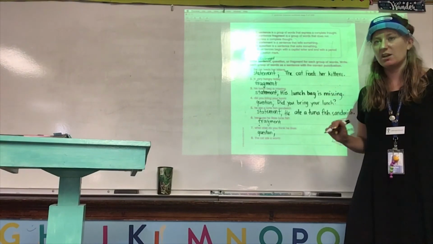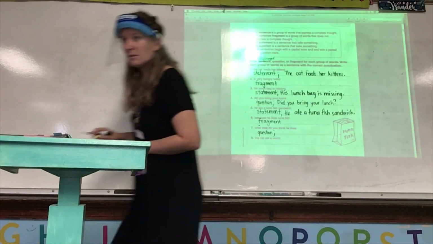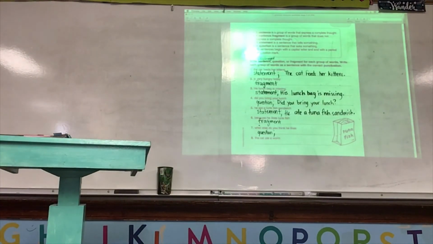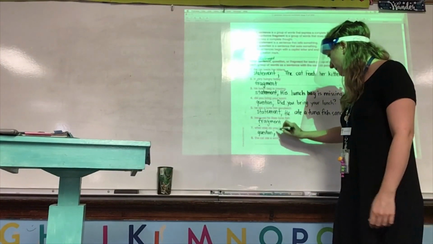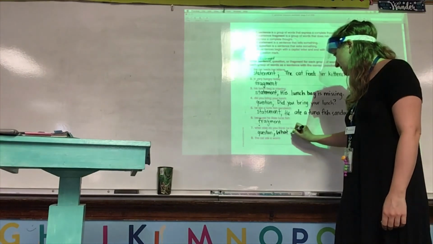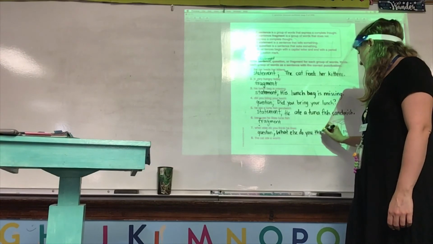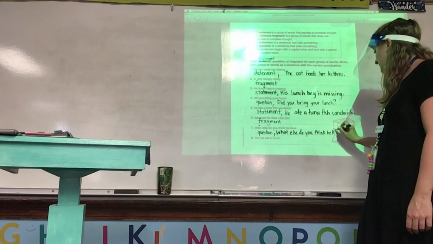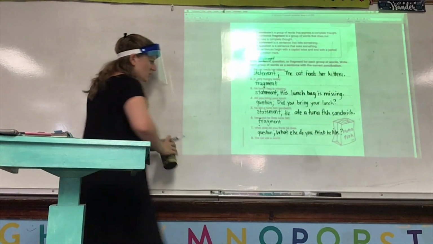Now, how do we fix it, Carla? What do we need to do first? We need to capitalize the W in what. Okay, and then what do we put at the end? A question mark. Very good. So, we capitalize the W in what? What else do you think he likes? And then we put a question mark at the end. Very good. Last one. Number 8.